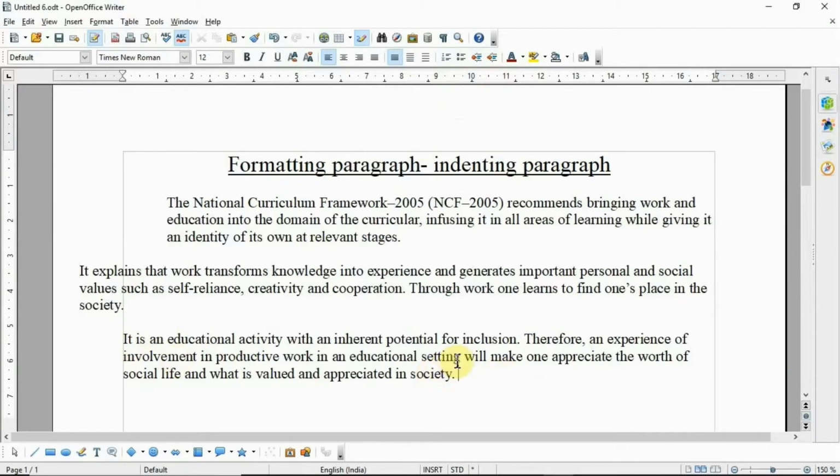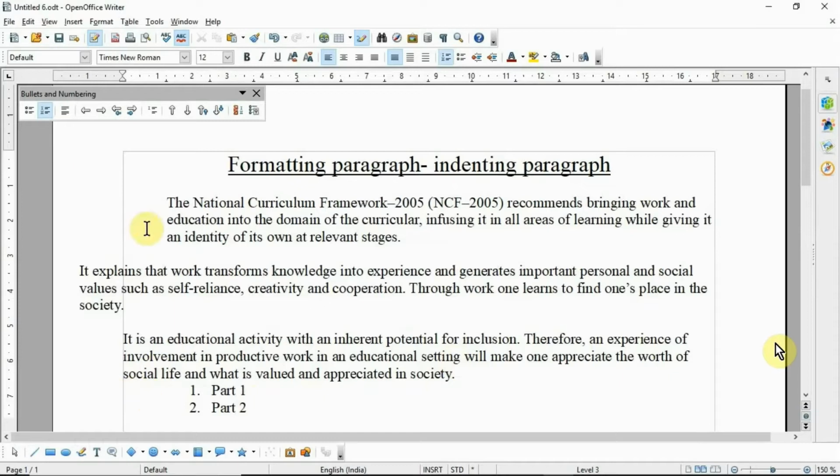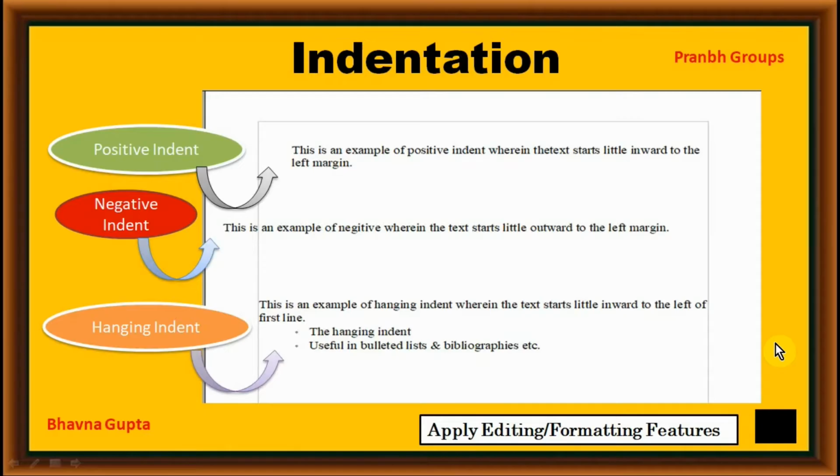Press the enter key. You can insert a list here. In a list, only 2 items. This is a hanging indentation. It's a positive indentation, negative and hanging indentation.